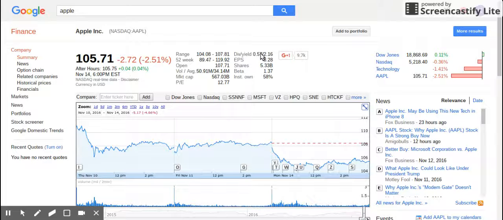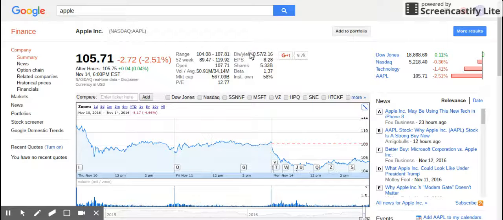Annual dividend. We talked a little bit about how one of the ways you can make money off of stock is through companies sharing their profits with their shareholders, and that's called a dividend. And Apple does give a dividend. It's 57 cents per share. They give their dividends quarterly. The yield is